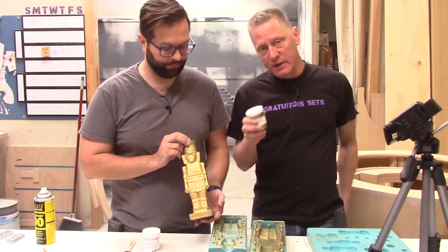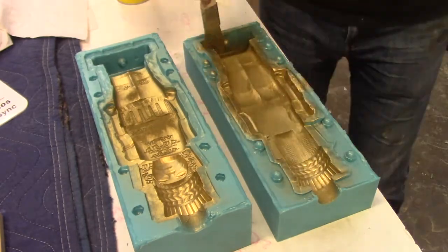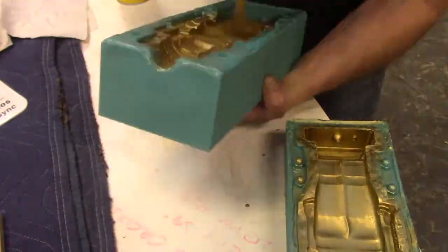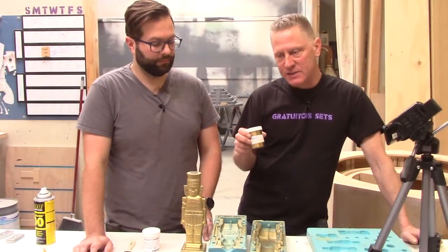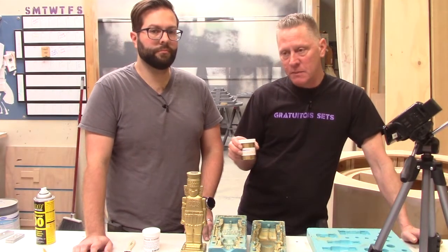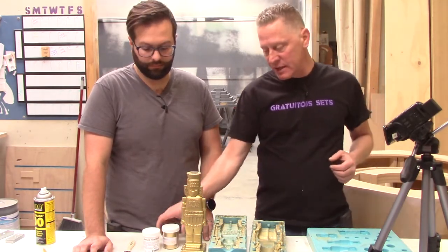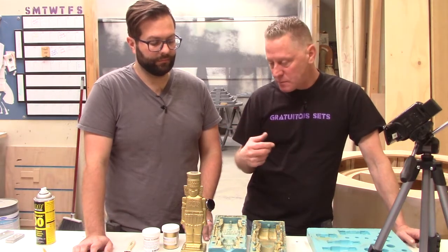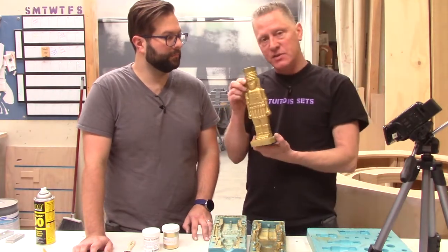And so the way you work this, and right now, hey look, it cut to some video of me initially dusting the mold yesterday. You spray a release agent inside the mold, brush this powder everywhere into every nook and cranny, blow or tap out the excess, and then pour a clear resin. You can also back it with a black resin, but if you did just a clear resin, you would mix some of the gold powder in your resin, just a small amount. Now, the resin picks up the gold in the surface of the cast,